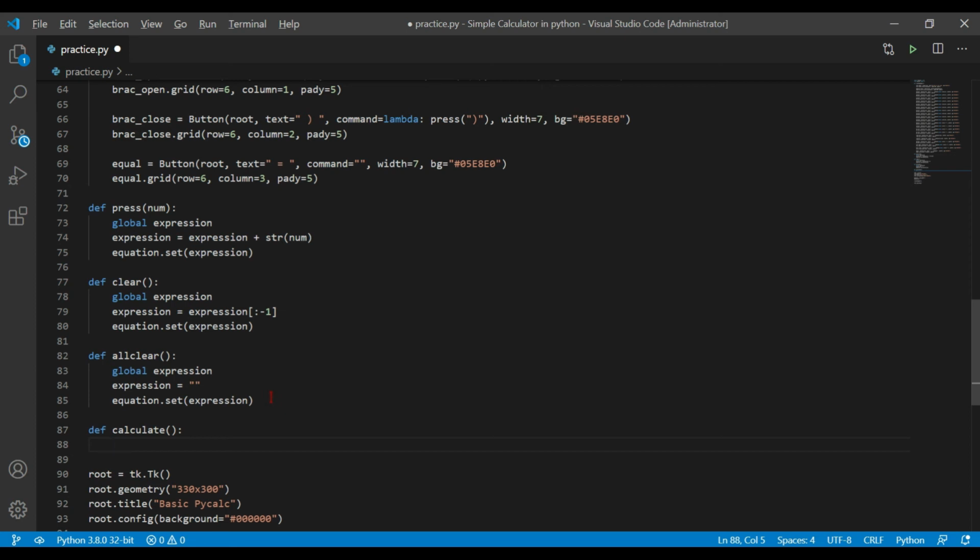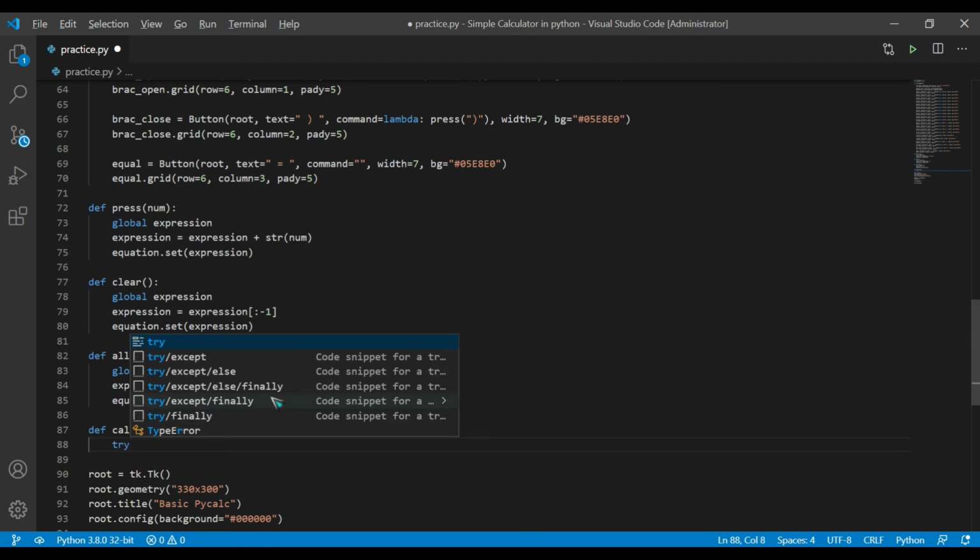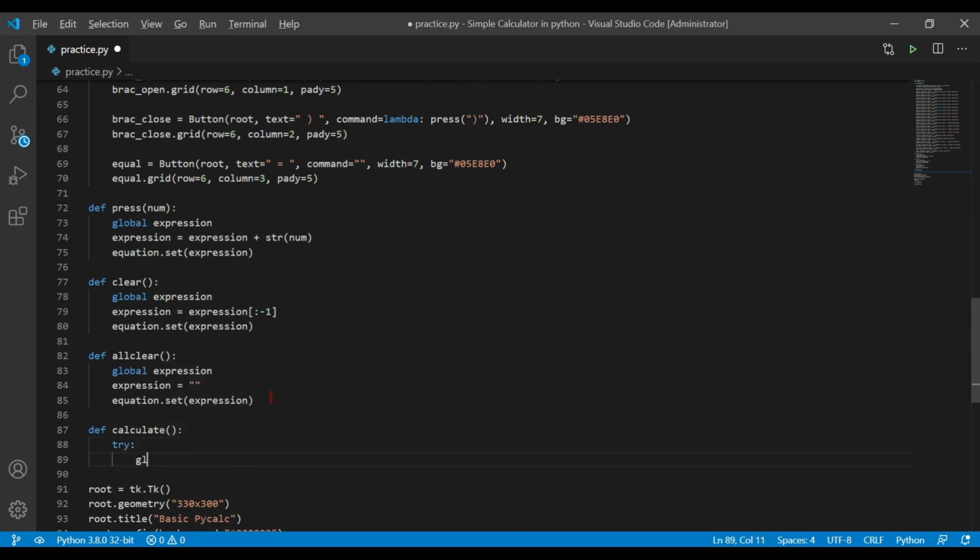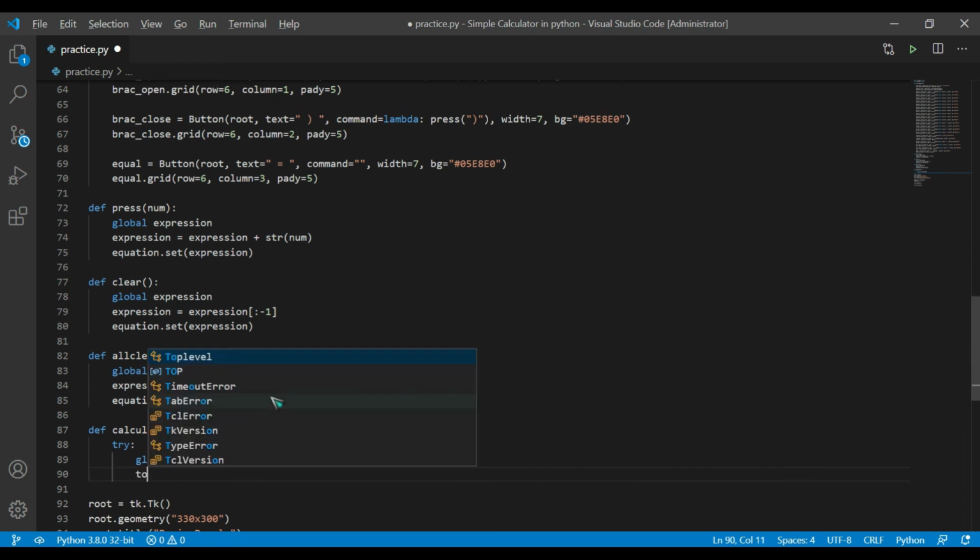If there is any error in our expression, it should not evaluate that one, and it should not print that error to the console. So we'll be using try except blocks for that one. Try is generally the success block. So we'll import this expression globally here, global expression.